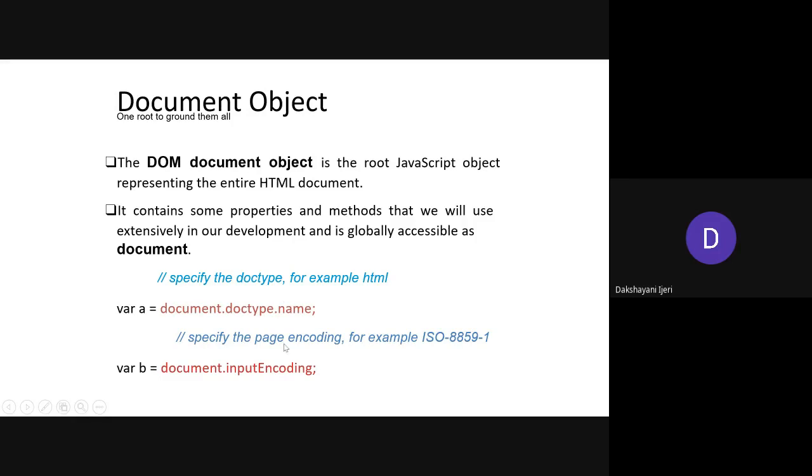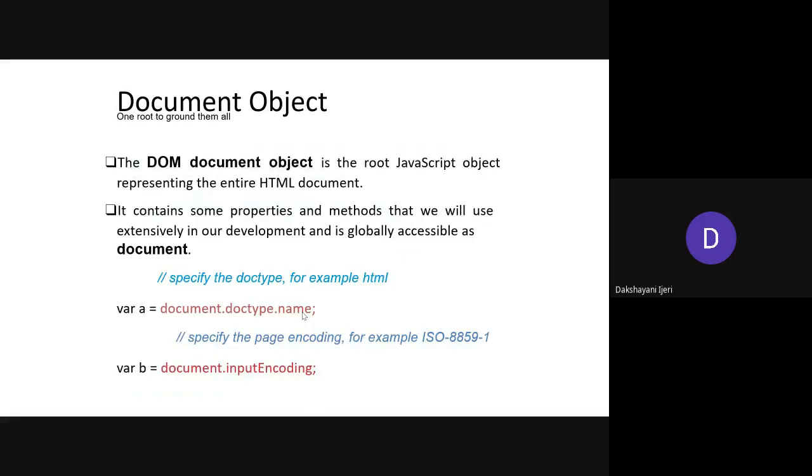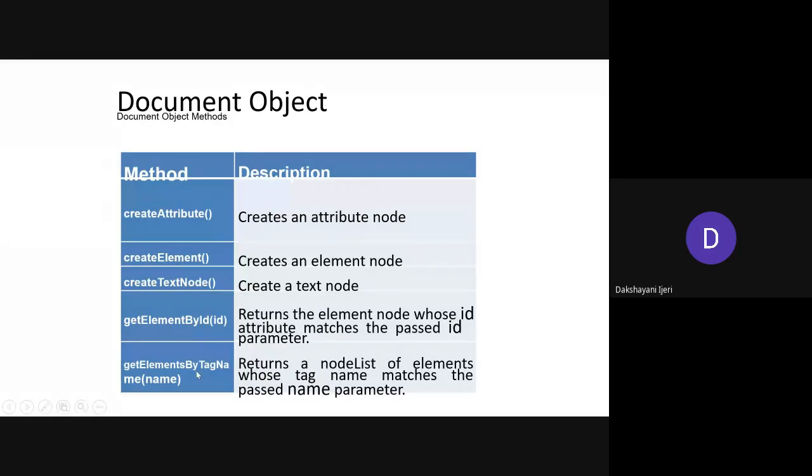So these are not that frequently used in JavaScript, but just to show you how you can begin using the document object in order to access the elements, this is the way you are going to use it. Okay, so here there are a few more methods. These are the properties. Do not get confused between the methods and the properties here. The properties are the ones where you can access the contents. Methods are the ones where you can do something with the HTML through the JavaScript. So once you have created the HTML document, and if you want to modify that HTML document with the help of JavaScript, you can do it with these methods here.